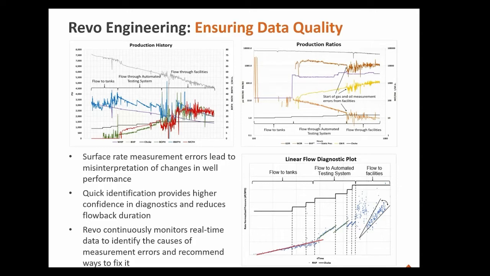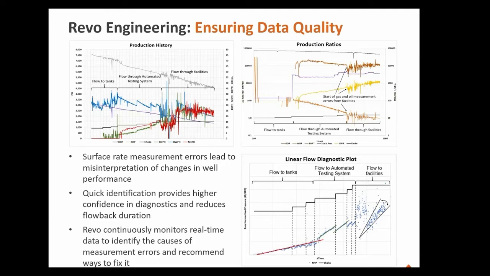This is an Eagle Ford example where initially we're flowing to tanks. The data is quite noisy. Then we turn through the Revo system, and you can see it actually gets really clean here. We've got nice clean data, and then we turn through facilities and it gets really noisy again. Well, we can use our production ratio plot to QA/QC these rate measurements,